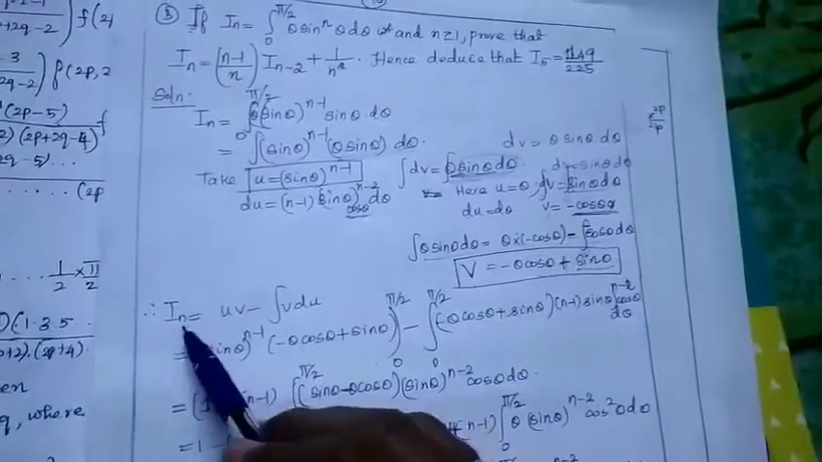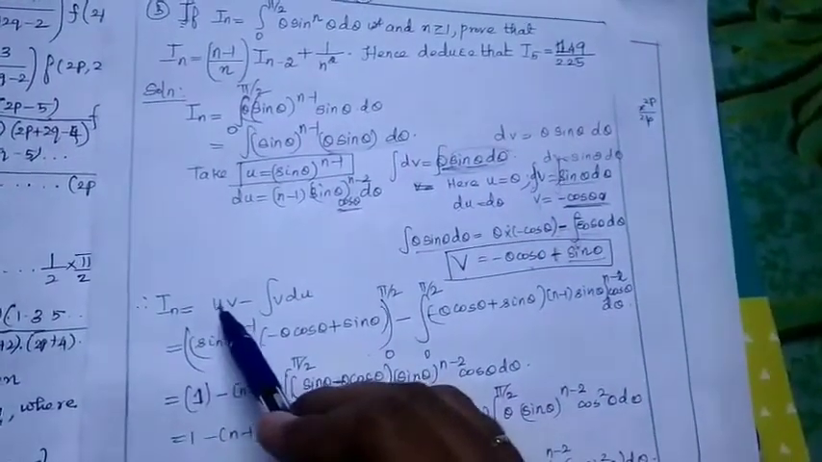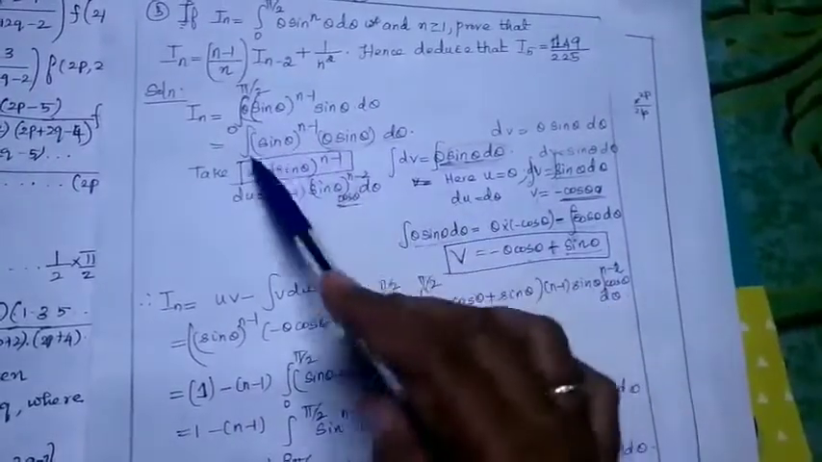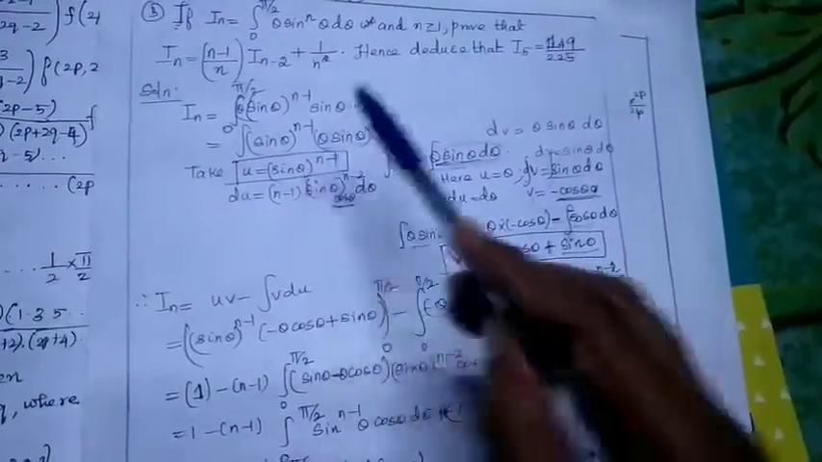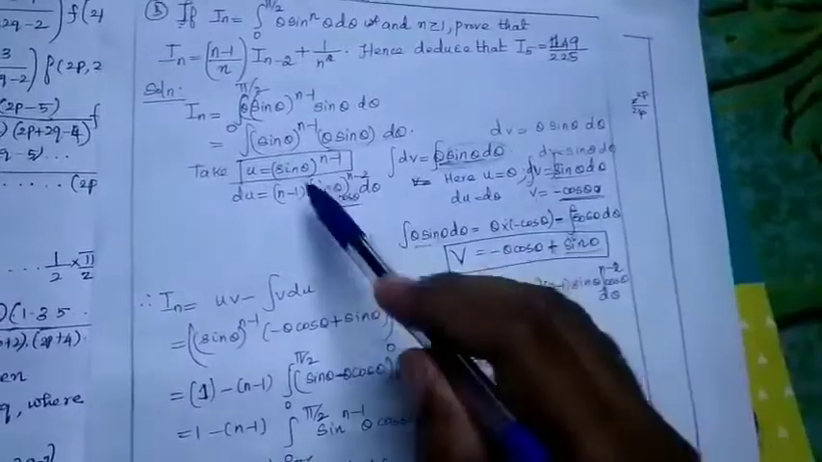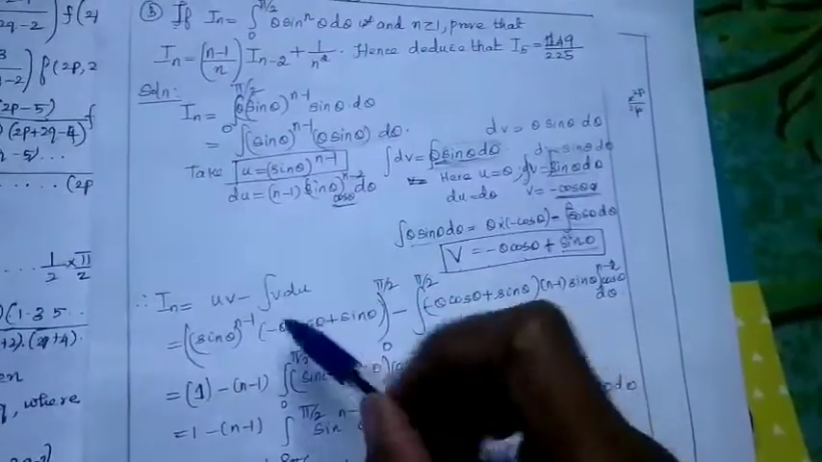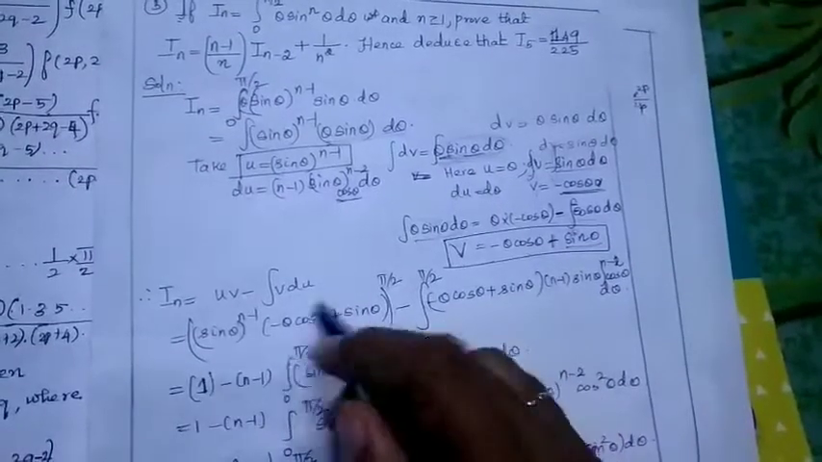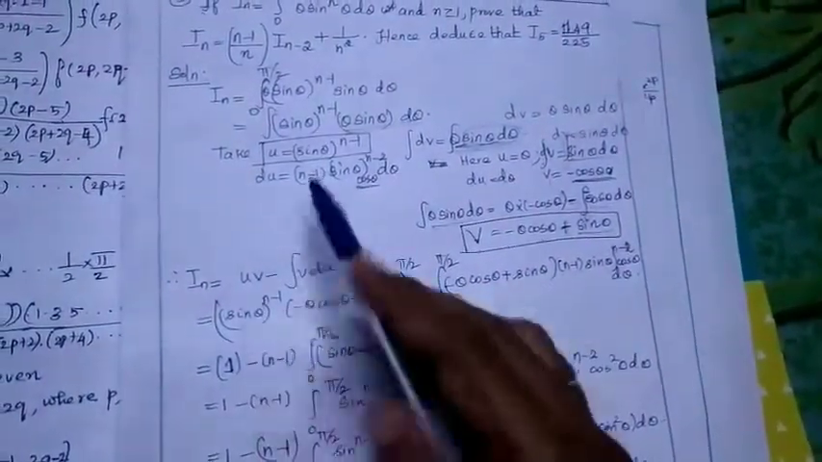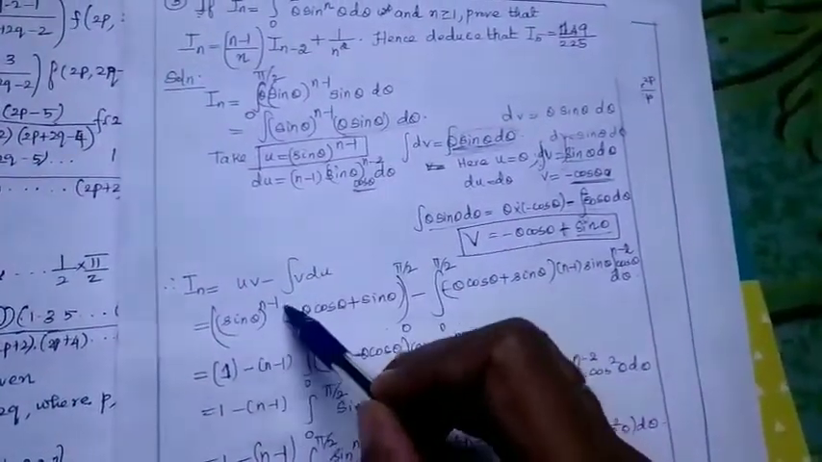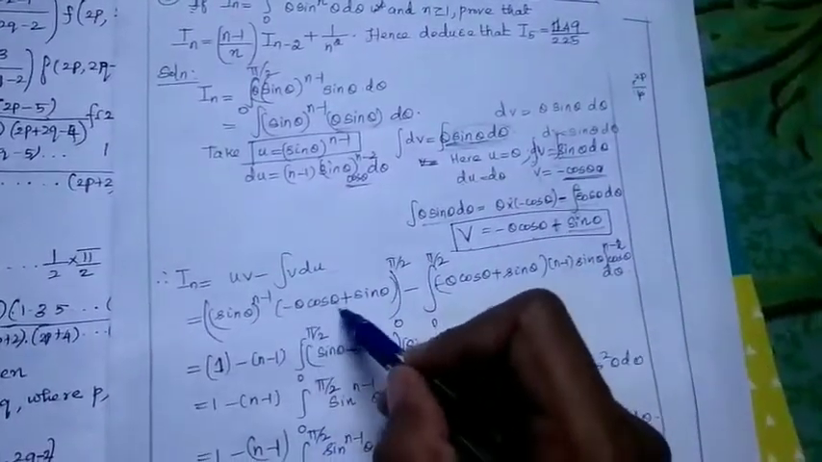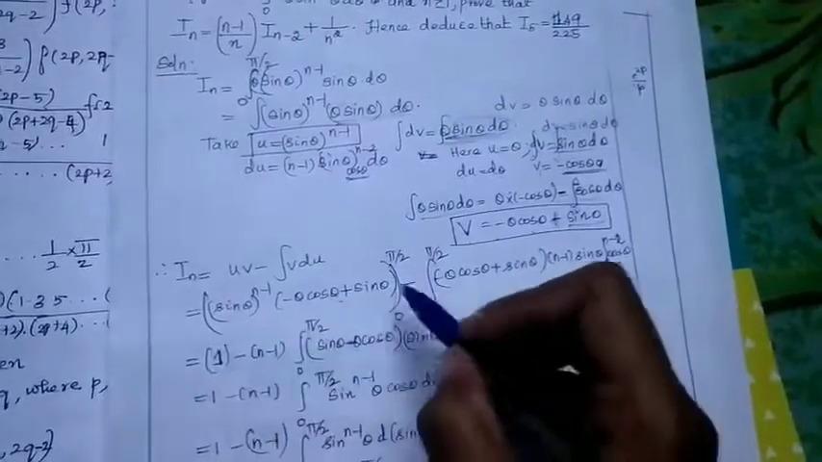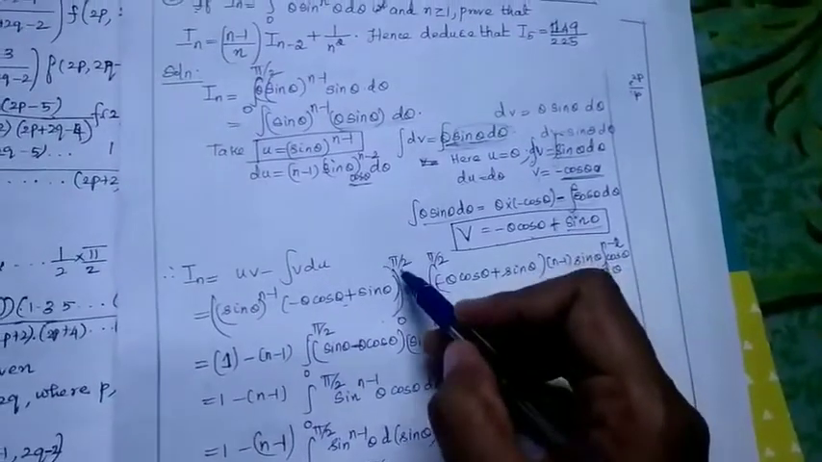Now I equal to uv, just apply. We have found out this is our u and this is our v. du also we found, right? Now we apply the formula I equal to uv minus integral v du, right? u is sin theta the whole power n minus 1. v is minus theta cos theta plus sin theta. Now you apply the limits. Lower limit is 0 and upper limit is pi by 2,